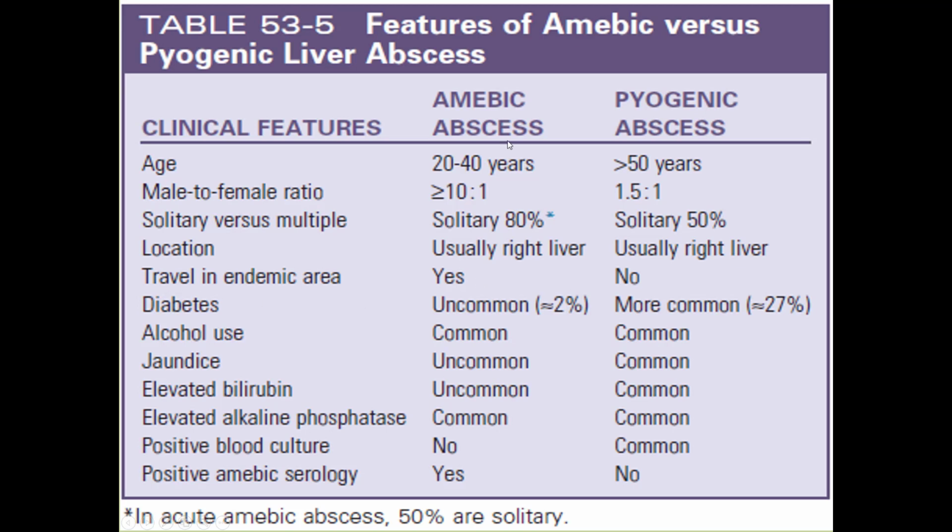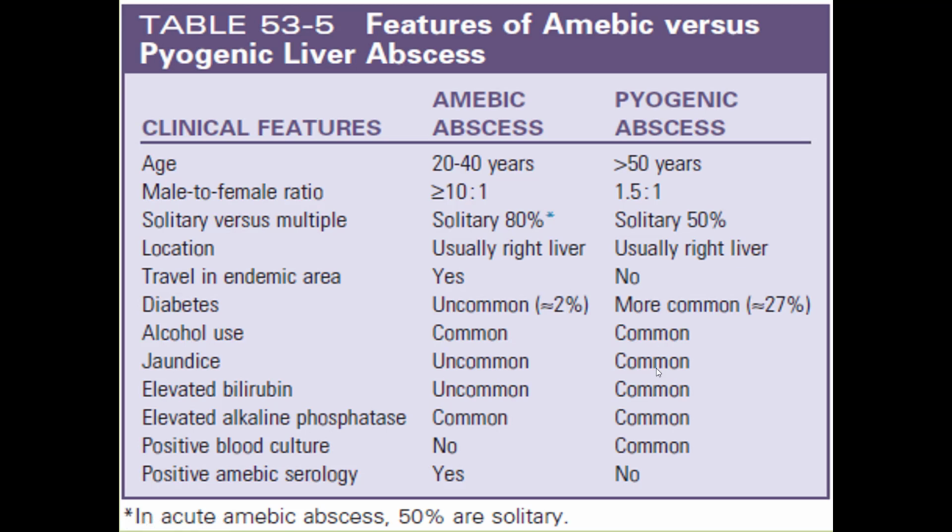Travel in endemic areas for amoebic abscess, yes, but here in our setup, because our country is itself an endemic area, we don't need any travel history for that. Diabetes is less common in amoebic, while more common in pyogenic type of abscess because of lower immunity. Alcohol use will render the patient susceptible to both types of abscesses. Jaundice is much commoner in pyogenic type of abscess, because as we have discussed earlier, the common cause